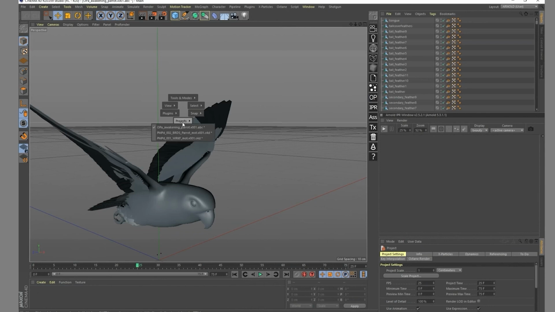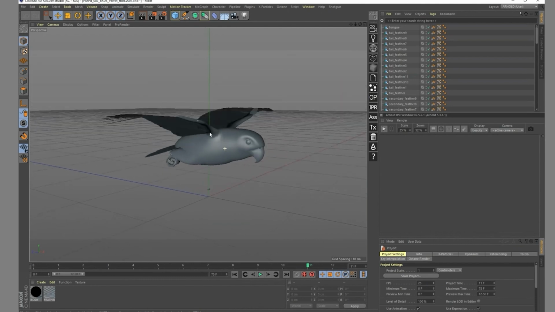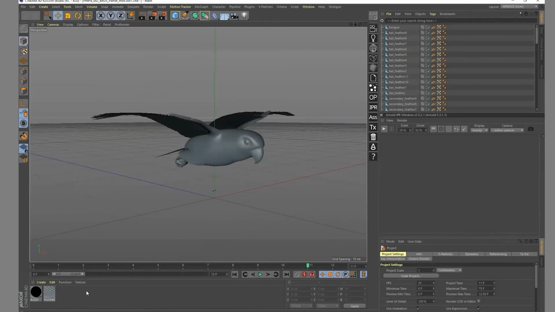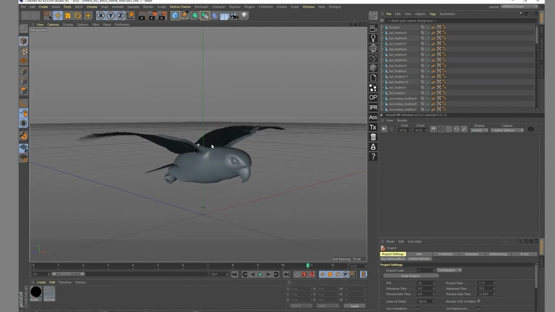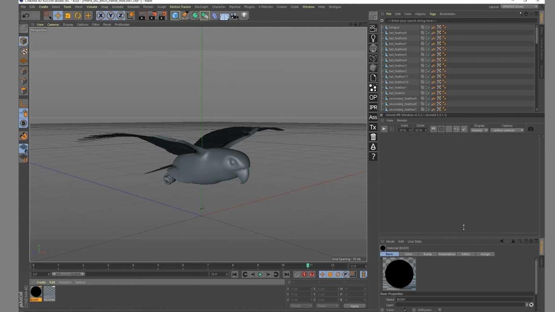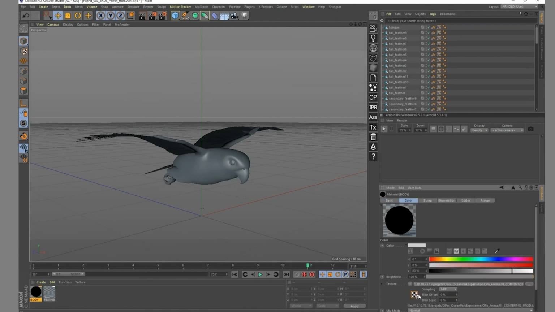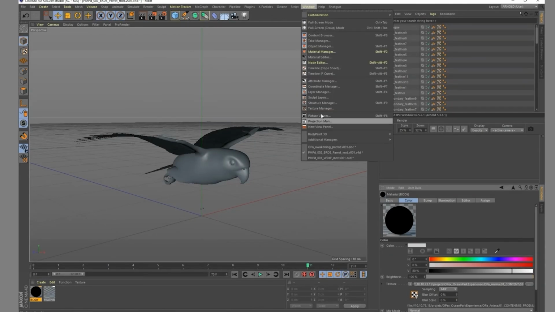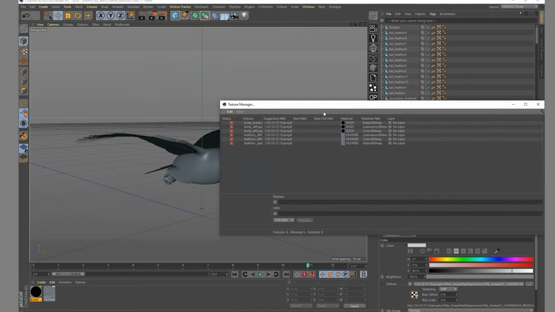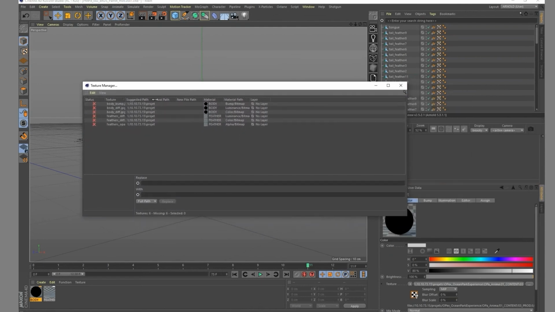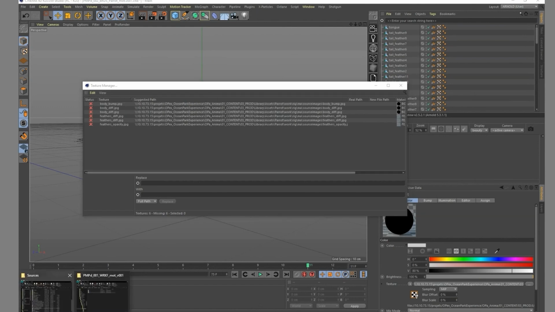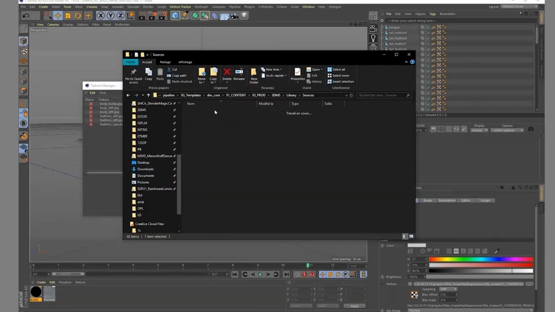So I'm going to switch to another version of that, which is really the same parrot with fewer feathers, and the materials are coming from the version that I had before. Right from the get-go, I can see that those materials are not normal. It's not normal that I don't see anything right now, and I'm having issues with where the files are. A really simple thing to do is open the texture manager or the asset manager in the latest version of Cinema 4D and look at that. My suggested path is not the right one. I know that all the files that are needed are inside that source images folder.